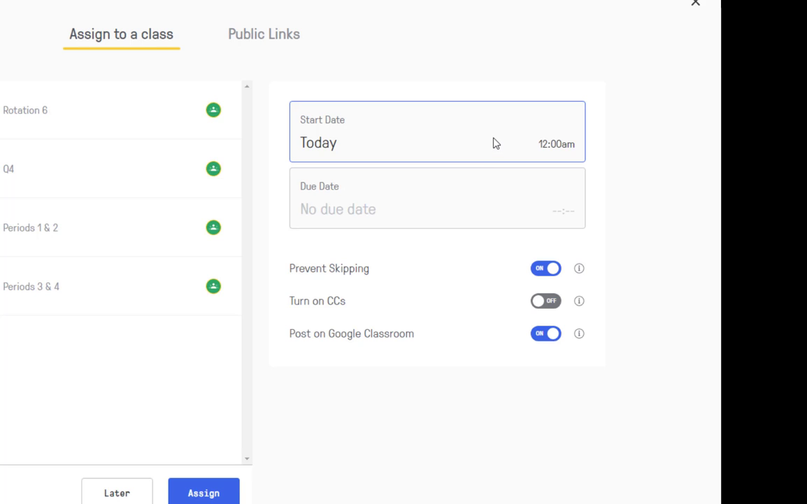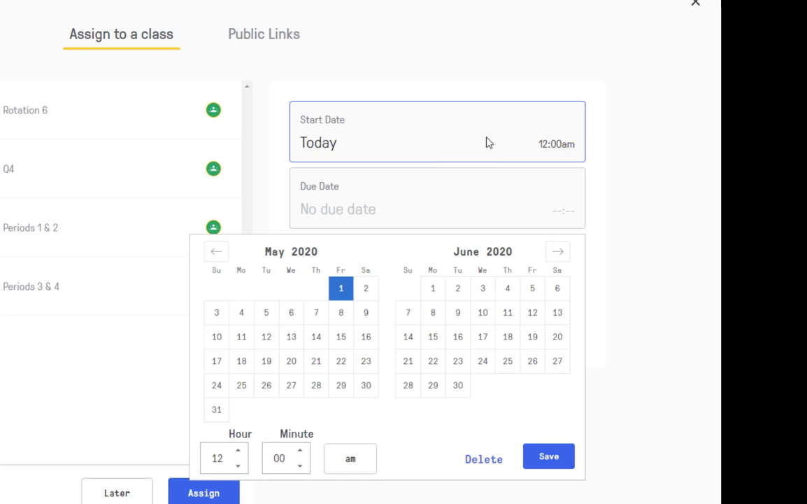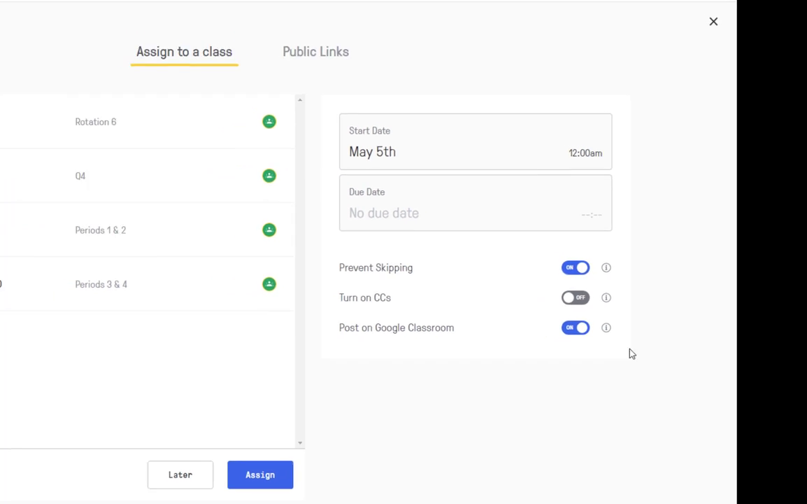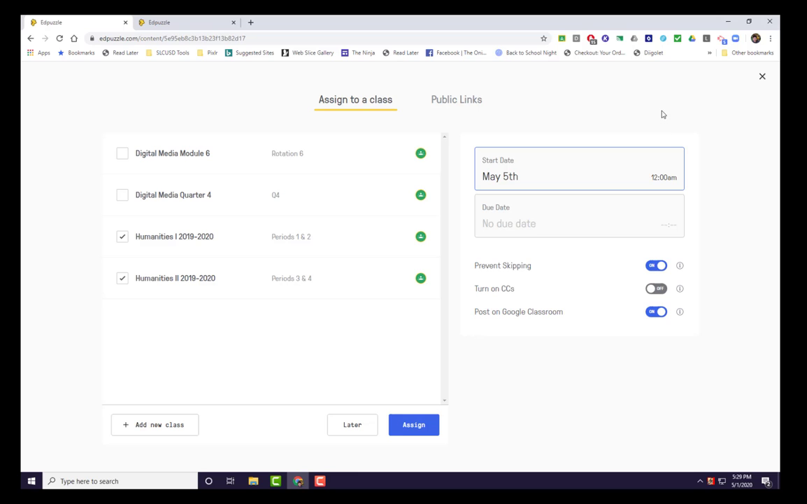So I start with a due date, the start date. When do I want this to appear? So this will enable Google Classroom to schedule it for you. So I'm setting my schedule date. I can set the time as well if I want. Then I click save. So the start date, assignment will be scheduled to start on May 5th for these two